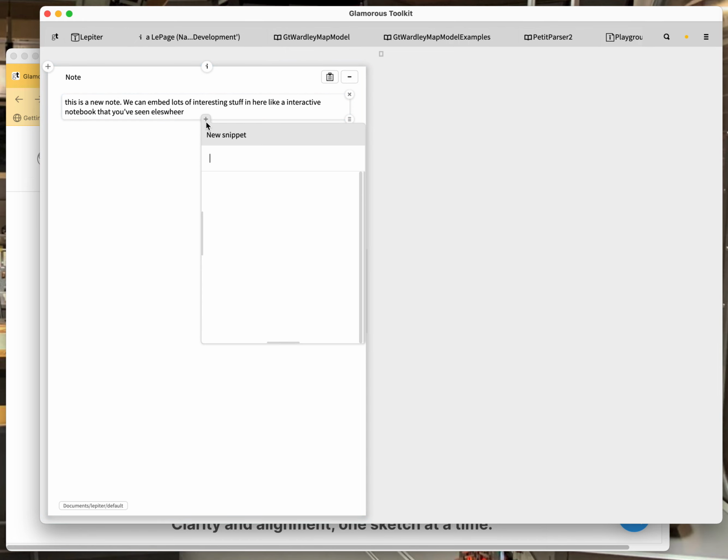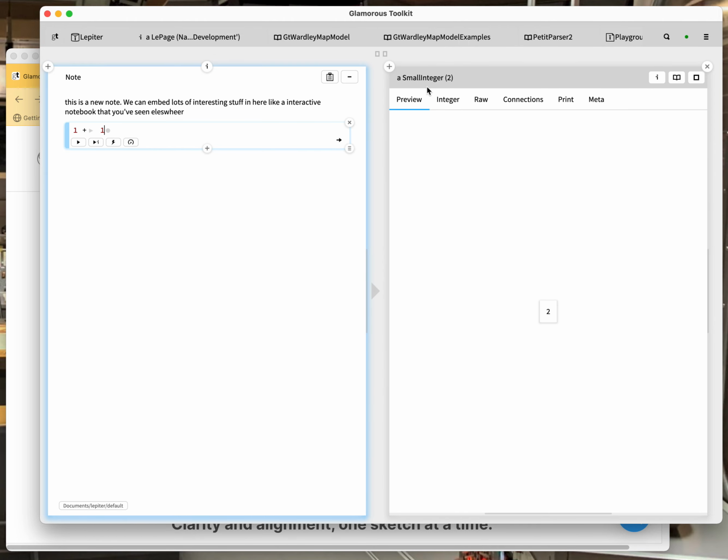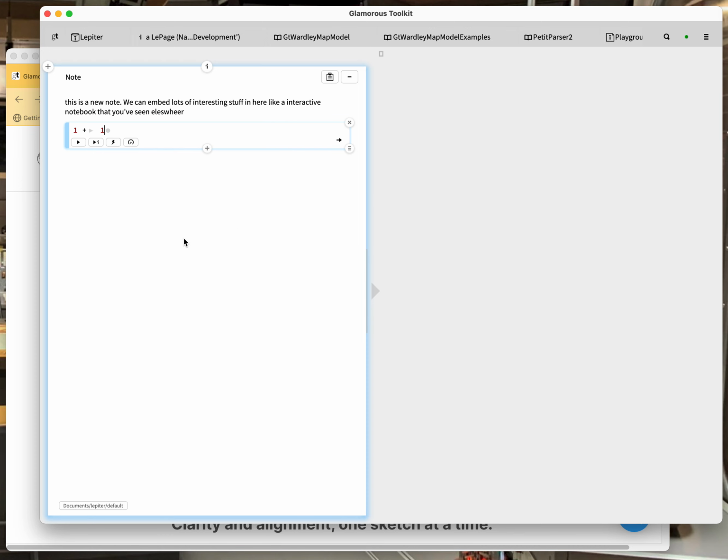We can even add Smalltalk code. 1 plus 1 plus 1. What does that give us? 3, right? So, yeah,